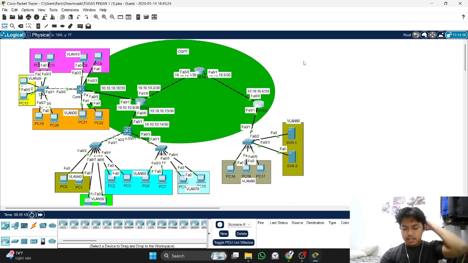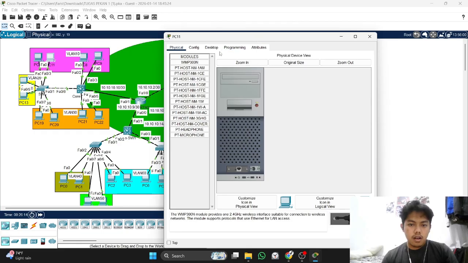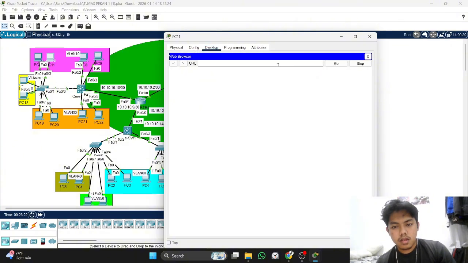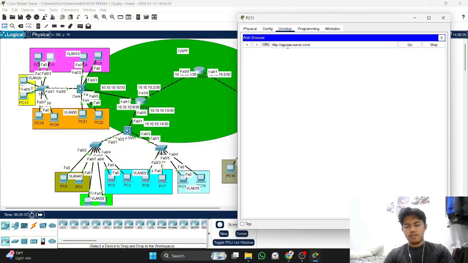Last we will try to see that the VLAN cannot access the server. I think maybe we can try to access the Aguna course. Look, the PC from that VLAN cannot access the Aguna course.